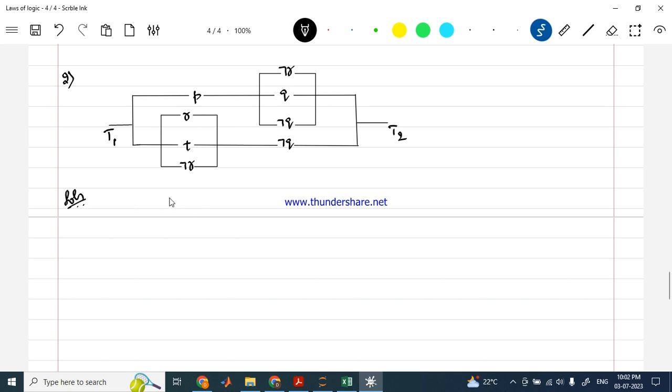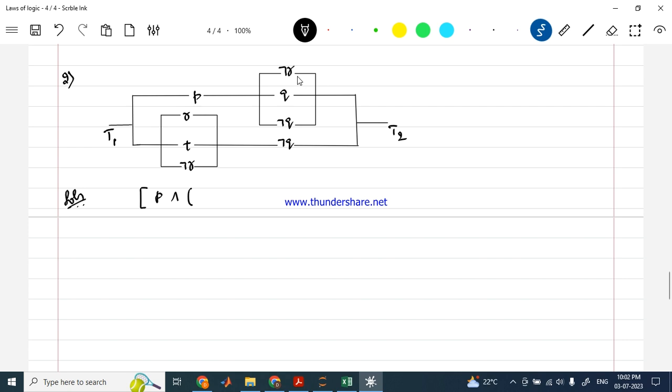Okay, so which means that I should get disjunction between these two. This P is in series connection with this, and this circuit is in series connection with this. So now if we just open this bracket, here we are writing that P is in series connection with